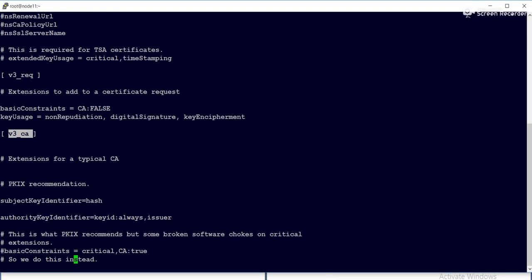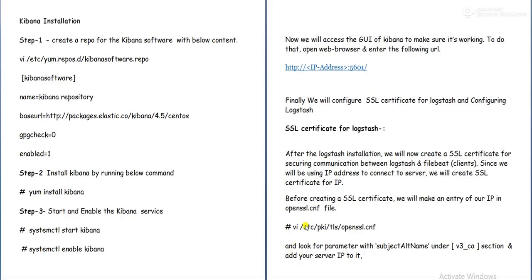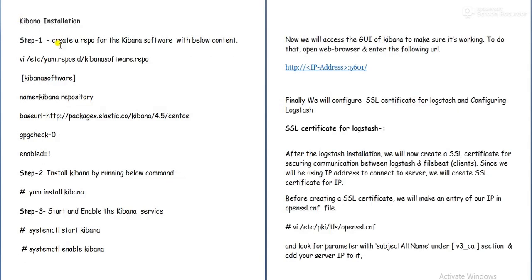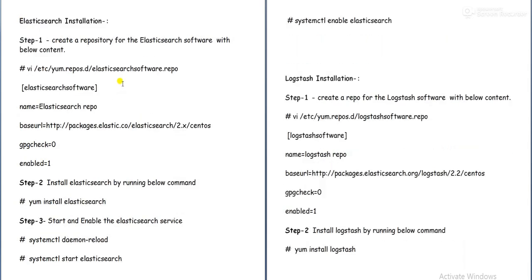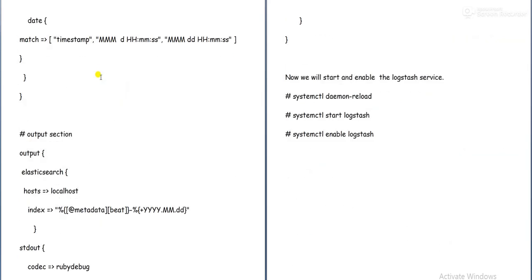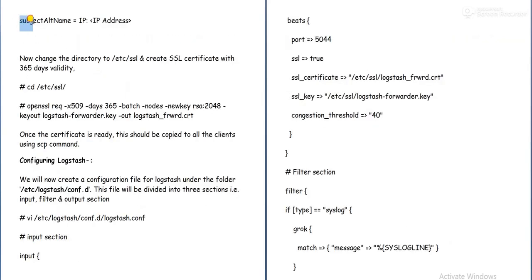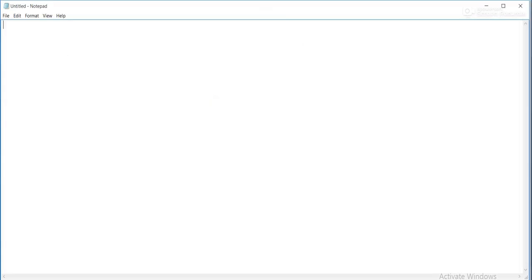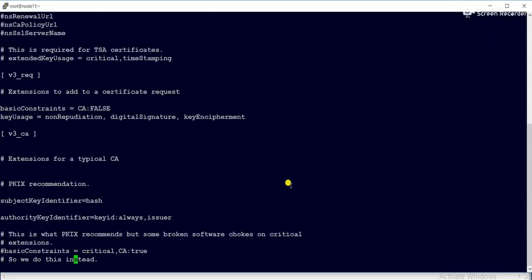So here we will make an entry like this, subjectAltName. I will copy this to my notepad, then modify the IP address.